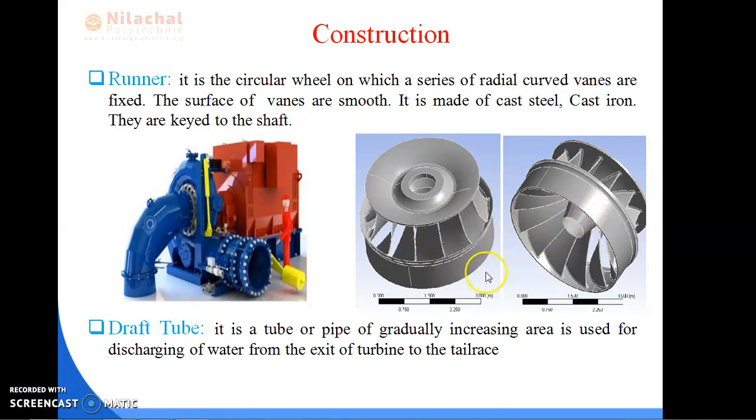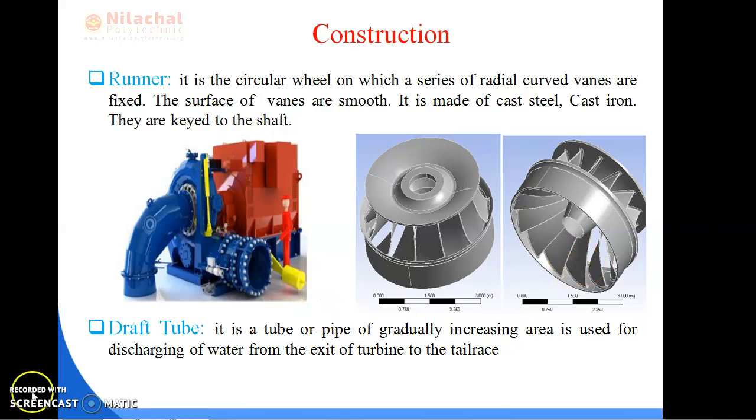This is the typical figure. This figure shows that these are the blades, these are the curved blades. These curved blades are used upon the runner. This part is fixed to the runner. So these are the curved plates. These curved plates are nothing but the vanes which are producing the mechanical energy at the outlet shaft